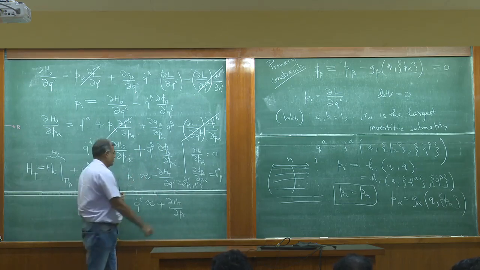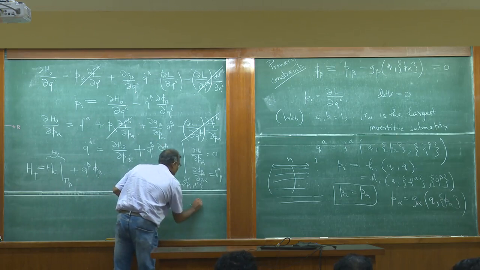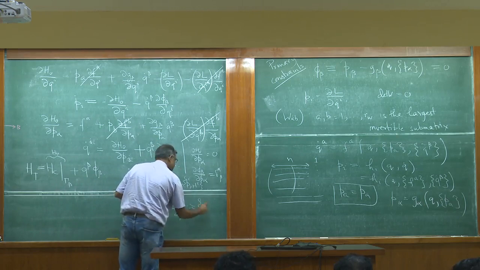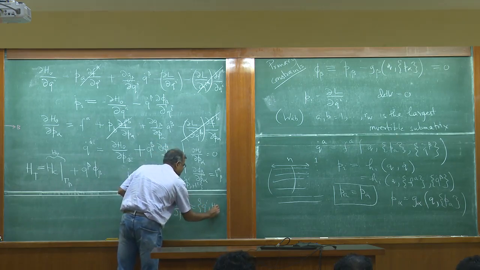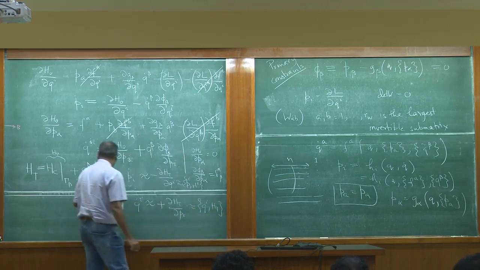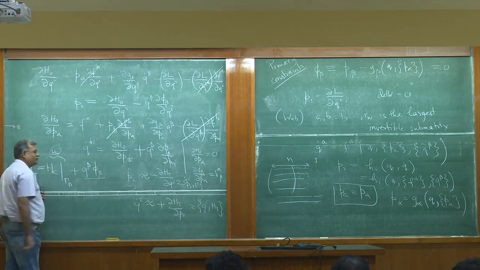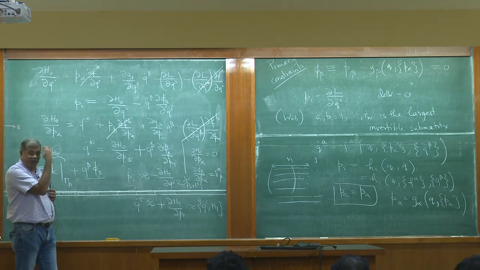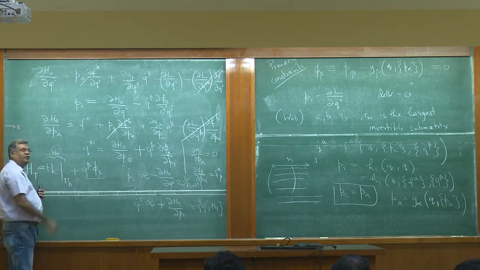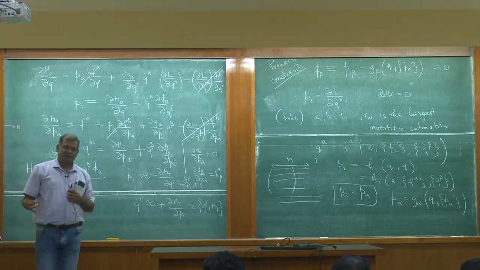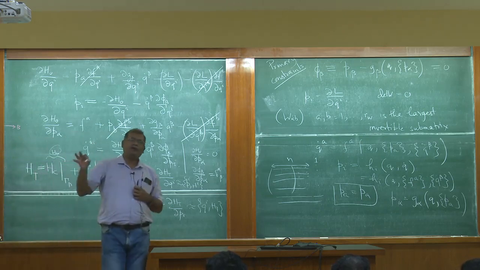That's what the weak equality is about, and this is also q_i with H_T. Now in your H_T you have this H_0 piece and you have this q dot beta phi beta piece. We will see later tomorrow that instead of H_0 we can actually use any H which matches H_0 on the constraint surface,